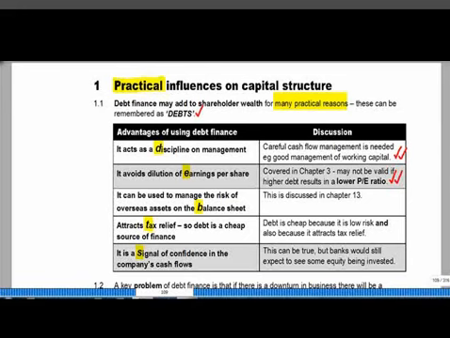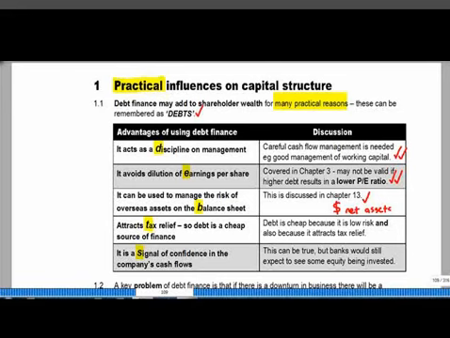Debt can also be used to manage the risk of overseas investments. We're going to talk about this more in a later chapter. But basically, if you invest overseas, you create assets, perhaps in dollars. If you've got assets in dollars, you're exposed to the risk that the dollar devalues. But if you funded some of that investment with a dollar loan, it reduces your net assets in dollars, and as a result, it reduces your risk.